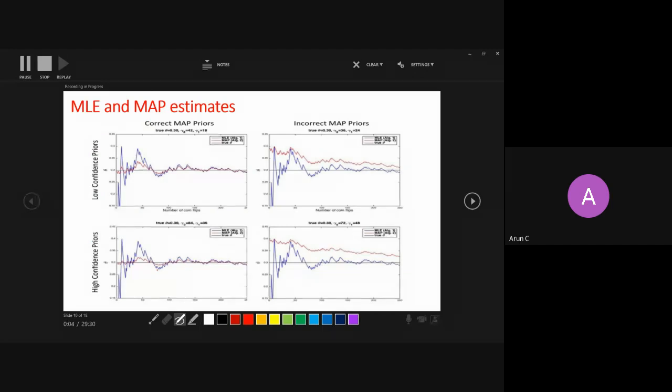Actually, I have taken these slides from Tom Mitchell, who teaches at Carnegie Mellon University. There is a very good article written by him, so all these things are taken from there. In his experiment, he shows that, I am just first taking a correct belief. The true probability of head was 30%, right?